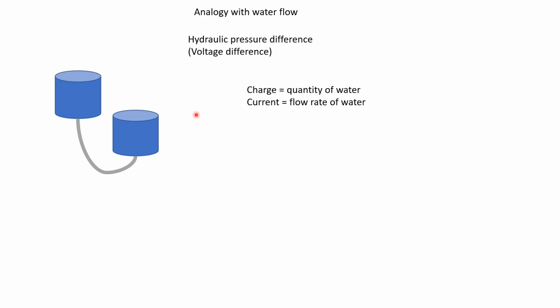We can say that the quantity of water is similar to charge in an electrical circuit, and the rate of flow of water is analogous to the current in an electrical circuit. And what would be a resistor in the case of this analogy in water system? So the resistor is the tube. If the tube is big and water can flow through it easily, then we can think of it as having very low resistance. It's like a conducting wire.